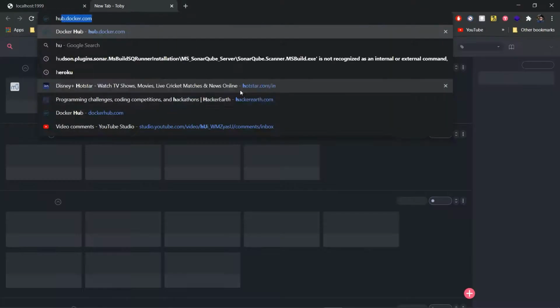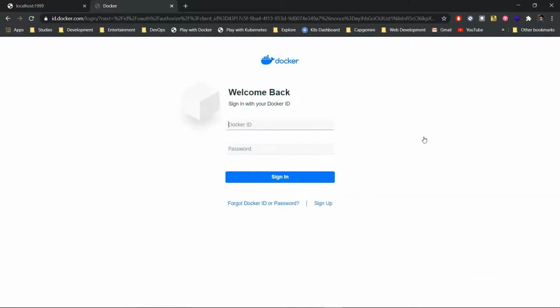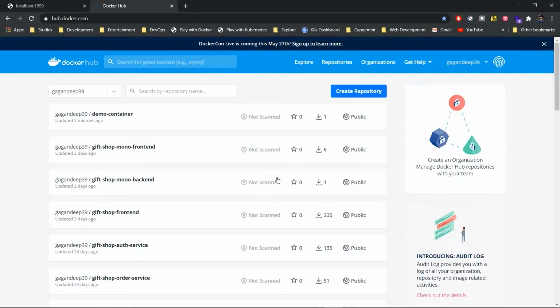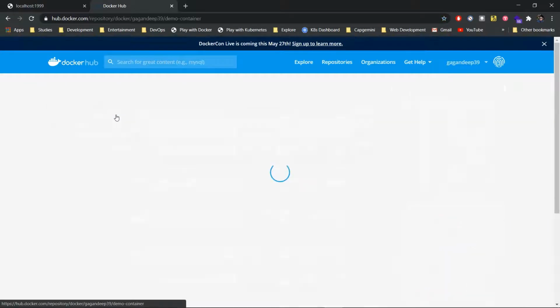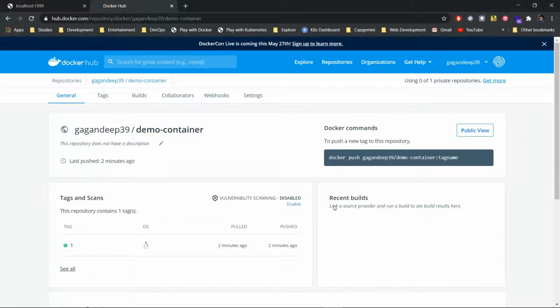Let's go to hub.docker.com. So now I can see this image. In this way, my Docker image has been successfully pushed to Docker Hub.